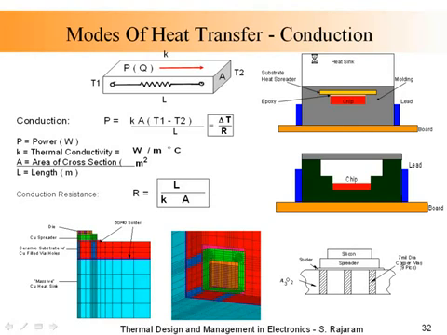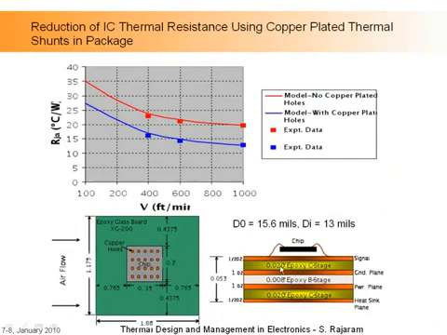So what we do to increase the amount of heat that can go through this board, which has glass and copper, is drill copper-plated holes. They behave like thermal shunts. And then heat gets carried away by air flowing over this device. But then heat also gets carried away by air flowing on the board. Heat goes from the device down into the board. And as you can see, as the velocity goes up, the thermal resistance goes down.